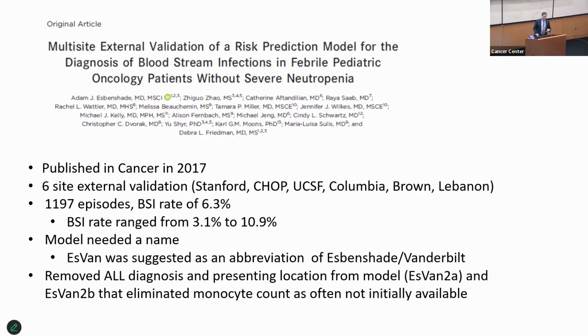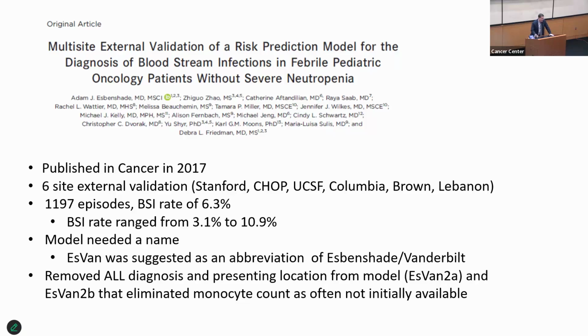This is probably the most embarrassing part of my talk anytime I give it: up until this point we'd always called the model just the model, and I didn't really see the need for a name for it. But when we start talking about validation, you do have to call it something. I wasn't good at coming up with a good acronym, so someone from Stanford just said, well, just call it Esvan, for Esbenshade Vanderbilt. And so I ended up doing that. But in fact, I ended up naming the model after myself. So now it is called the Esben model, and in one of the papers, they made me write it out in the title, the full name, because they said I couldn't have an abbreviation in the title. So it does make me look very arrogant, to name something after myself, but I'm just saying it was somewhat accidental.